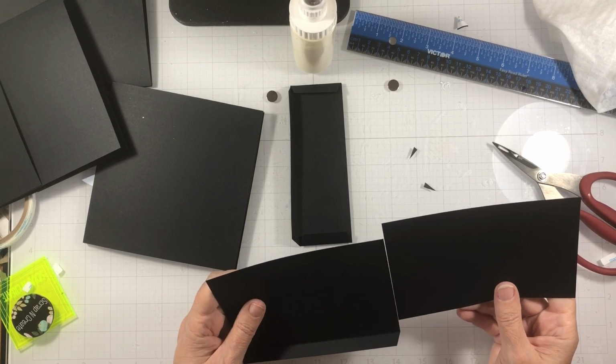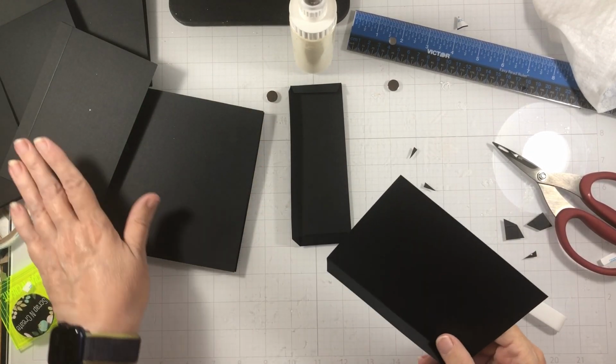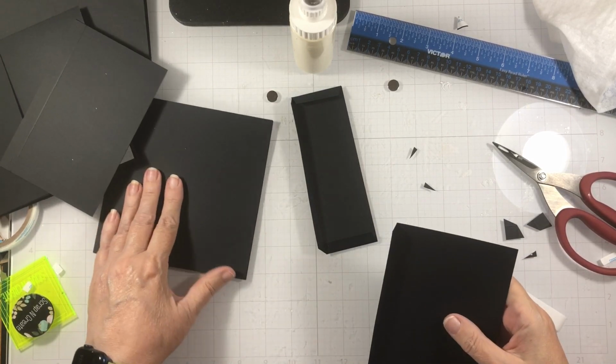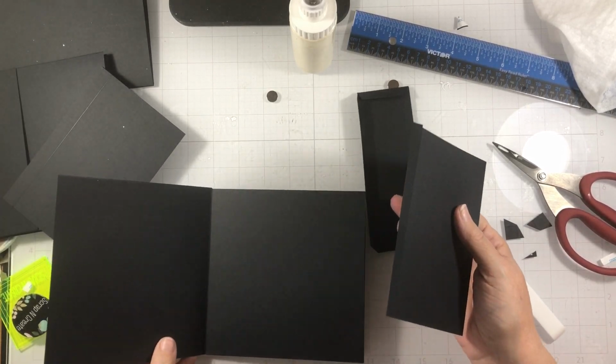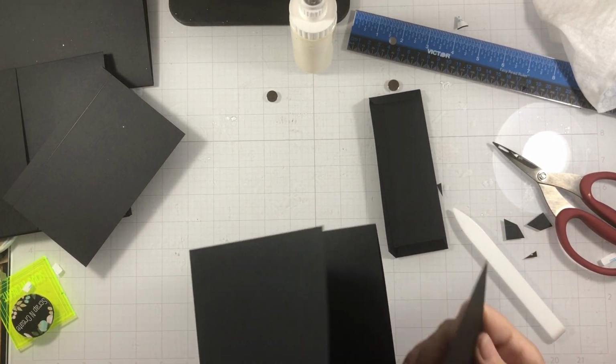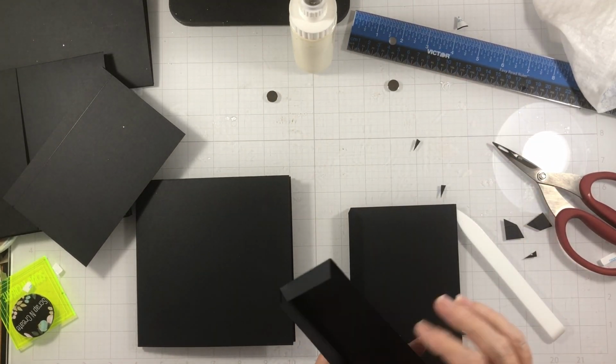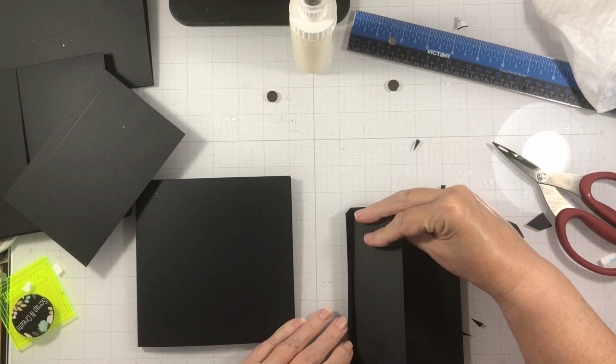I'm just making sure these are not the same size. Okay, so this is the flap, the pocket flap. This is the actual flap. And that is going here, I think. I want to make sure I've got this right side up. Yes. So that's going to go there. So this is going to go here,